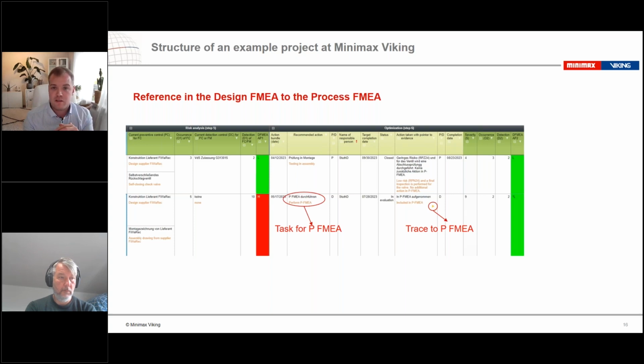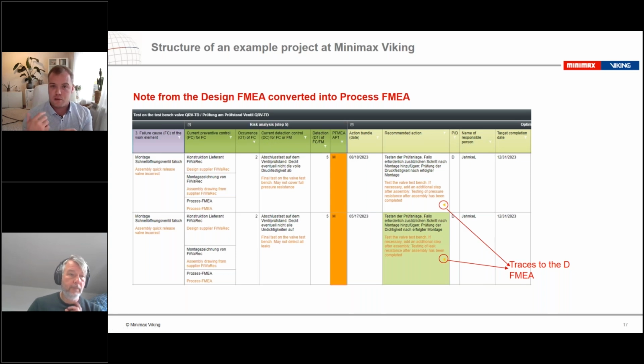I then get a message via email. I have an action to take care of, and then I will look at the data and will place the content accordingly into the process FMEA at an early stage of the project, often as a placeholder. So on the next slide, we can see the traces from the view of the process